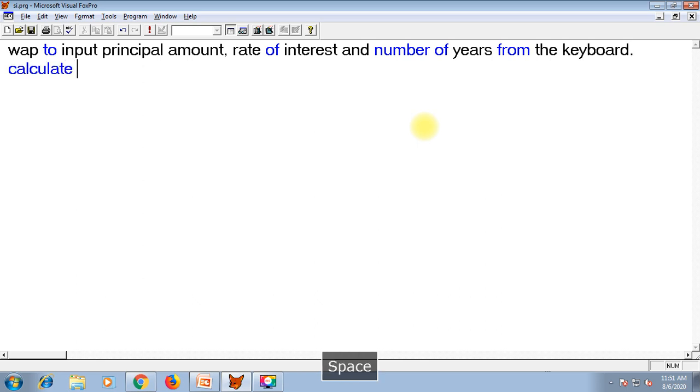Calculate and print simple interest. Write down the definition.